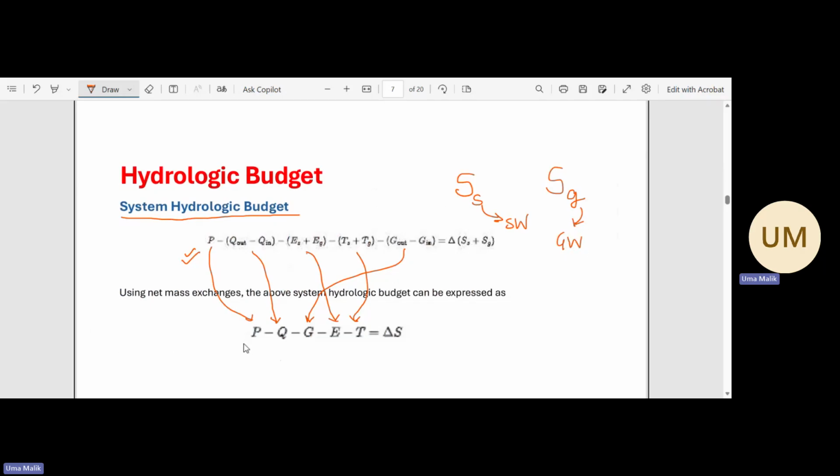So this is your final equation. You can use it based on what the problem is. We can use the surface water equation if there is no influence of groundwater in your problem, or either way. Now this equation can be further written as P minus Q minus G plus E plus T is equal to delta S, which can also be